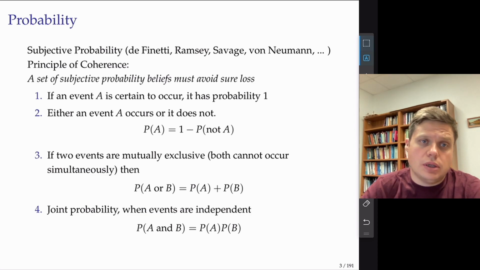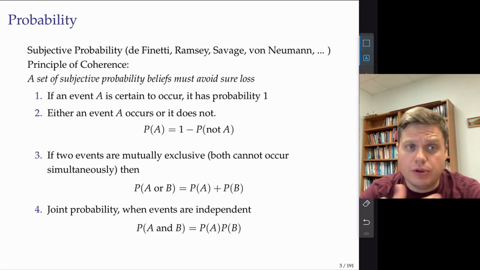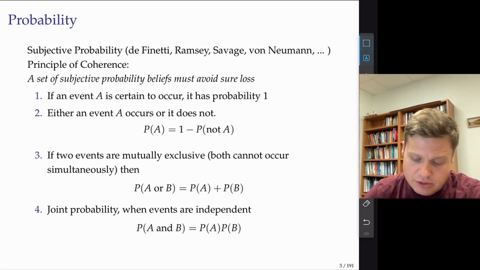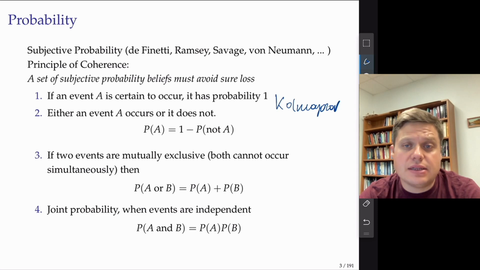We'll start, of course, by talking about the basic notion of probability, and we will cover the axioms. Axioms are a set of basic rules, and the principle of coherence states that a decision maker has to make decisions while following those basic rules, the axioms. Kolmogorov was the first person who put this set of axioms together.